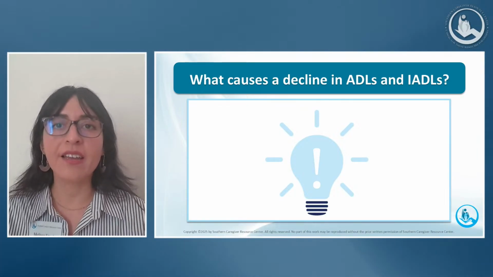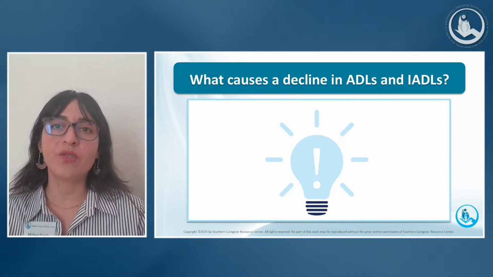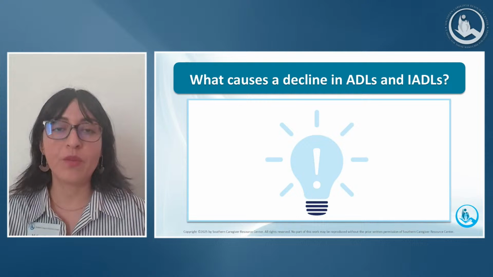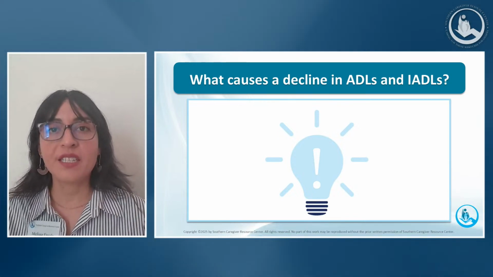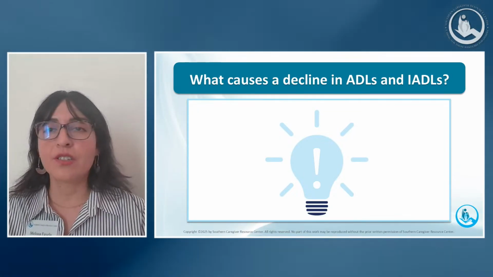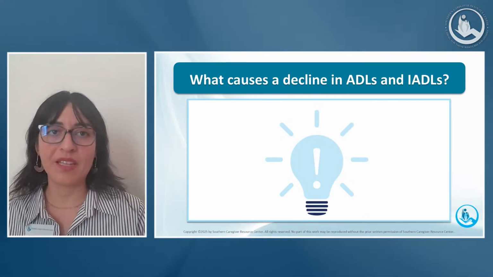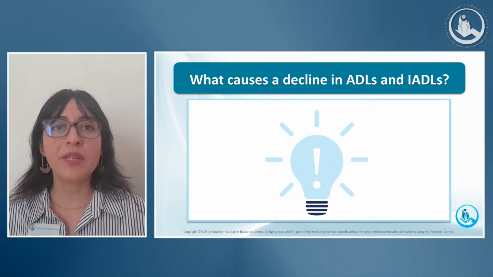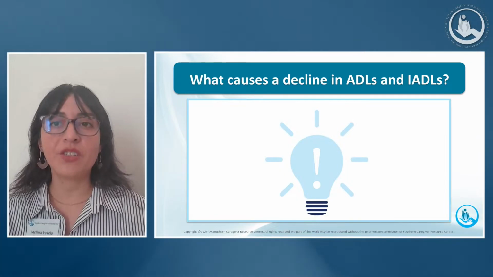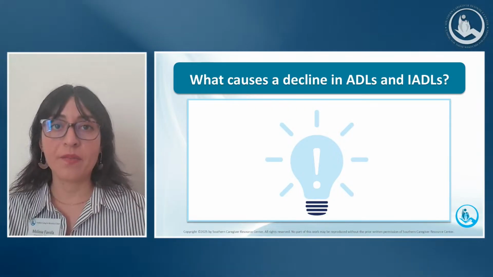There's no single thing. Of course, aging is a natural contributor and often leads to a gradual loss of independence in ADLs. We're focusing on those. And these conditions affect the musculoskeletal, neurological, circulatory or sensory systems, and this can further impact physical abilities. Now, cognitive or mental decline, especially in patients with dementia, is strongly linked to reduced engagement in ADLs, which in turn impacts overall quality of life.